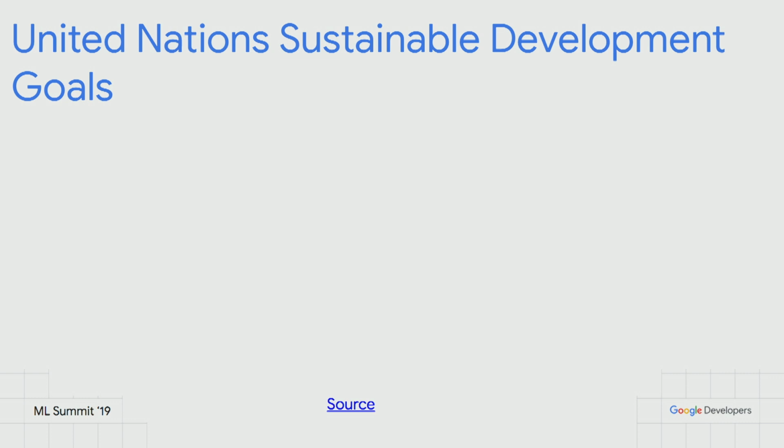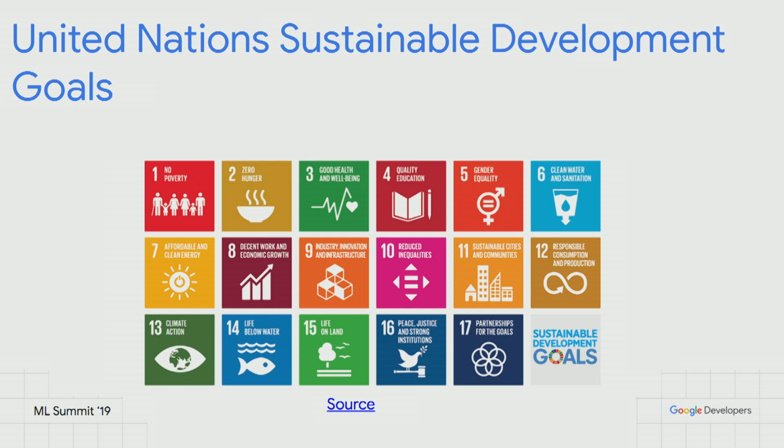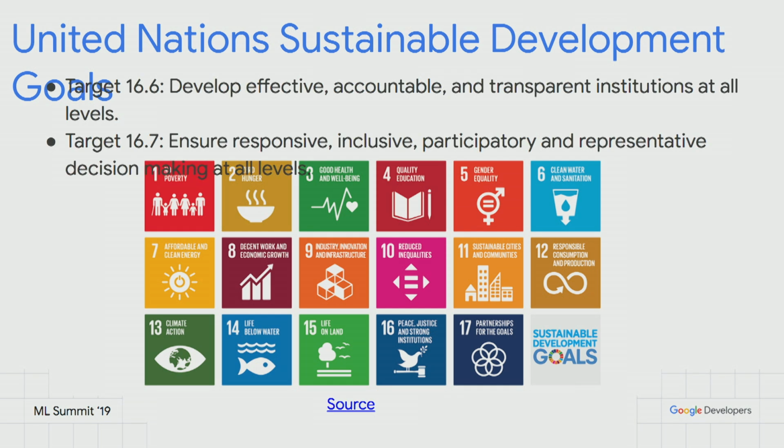And then going further, I also checked the United Nations SDG. And one of the SDG goals that caught my attention is SDG 16, which talks about peace, justice, and strong institutions. And then I also looked at the SDG targets, and one of them is to be able to develop very effective and transparent institutions. And also to make sure that when there is decision making in government, everybody is included and there's also some sense of responsiveness.